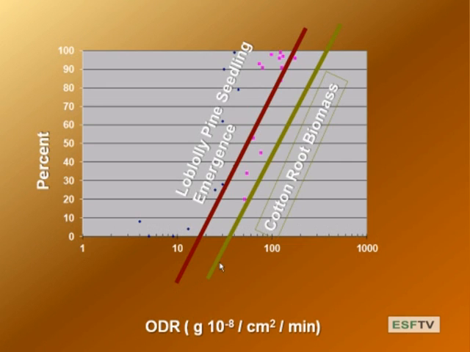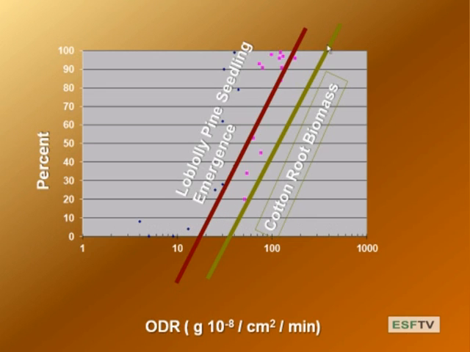Okay, here's the data for cotton roots. So cotton roots, this was measured in biomass of cotton roots. Okay, two very different systems, right? Loblolly pine, a tree, cotton, a plant, and the same kind of slope of that relationship. If you measure the biomass, the improvement in terms of root biomass was linearly related to this oxygen diffusion rate. And again, around 0.2 to 0.3, or 20 to 30, the biological activity pretty much goes down to zero. And this is a very nice data set that supports that.